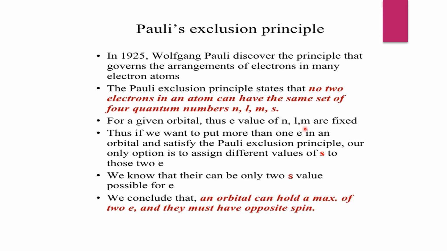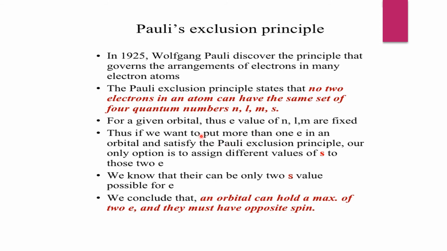Now moving on to the m value. m values are from minus l to plus l, which is equal to 0 again. So here both the electrons are having the same value of n, l, m. But if we consider its spin quantum number s, then one electron will move in clockwise direction and the other electron will be spinning in anti-clockwise direction. So, this follows Pauli's exclusion principle, that is, no two electrons will have the same set of quantum numbers. Okay, have you got it?